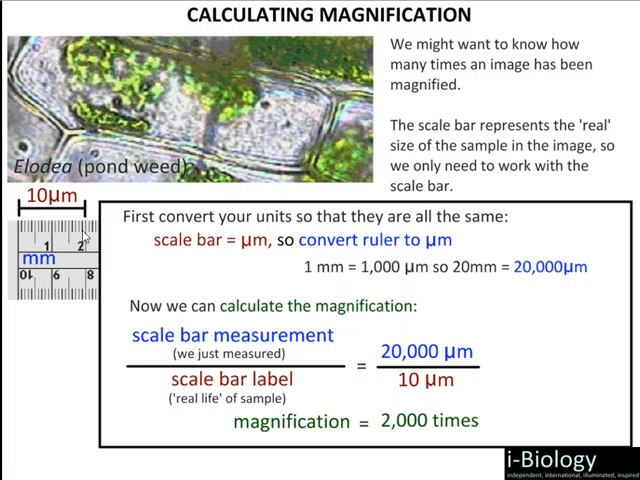So if you've got 1 millimeter, that 1 millimeter is worth 1,000 microns. Okay, so if our ruler is reading 20 millimeters for 10 microns, okay, it's going to be 20, okay,